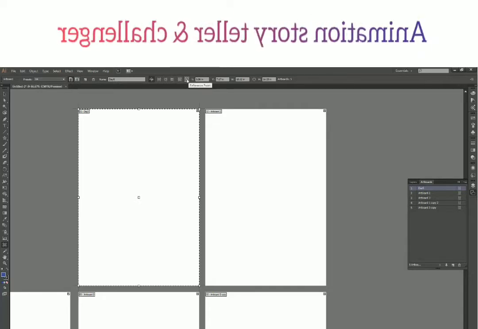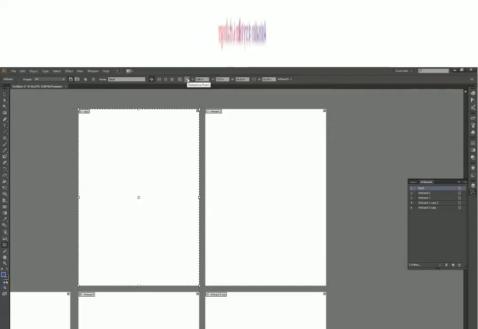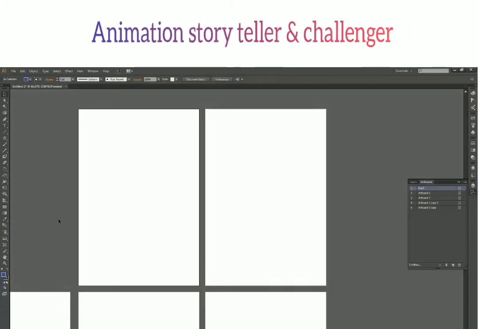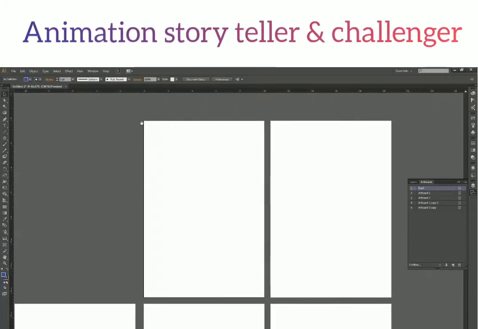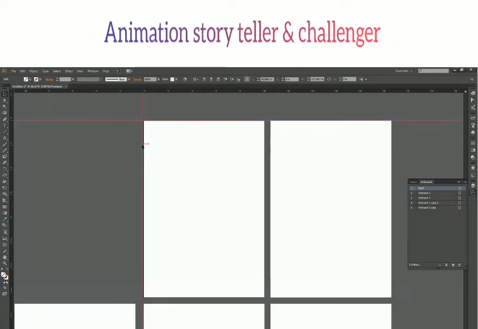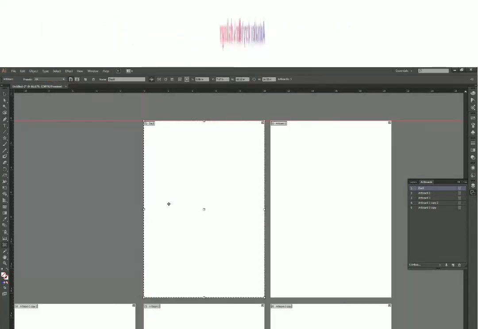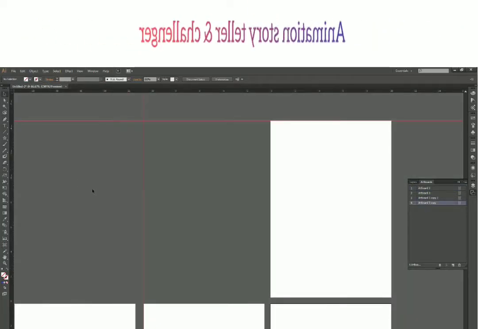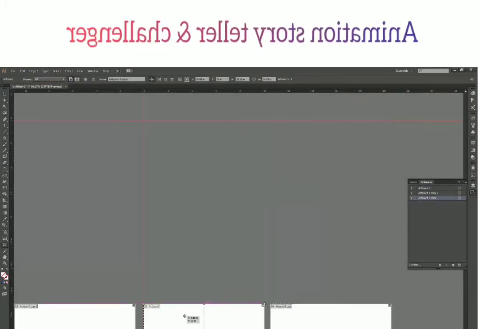And now there's this thing which is called a reference point. Now this thing is a little tricky actually. So let's bring up rulers first to understand this and locate our center position, which says 0, 0. Okay, so here it says 0 and 0 over here. So I'm just marking the 0 position. I'm just going to delete this artboard for now because it's coming in the way, and even this one, I don't need this right now, even this one actually.